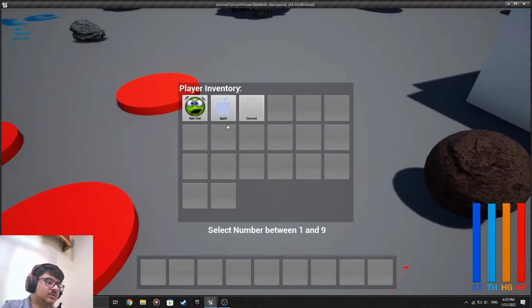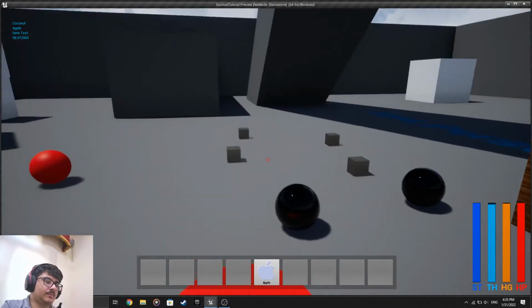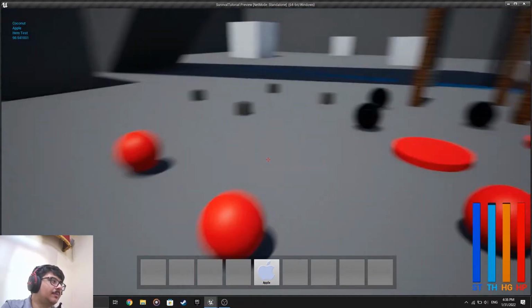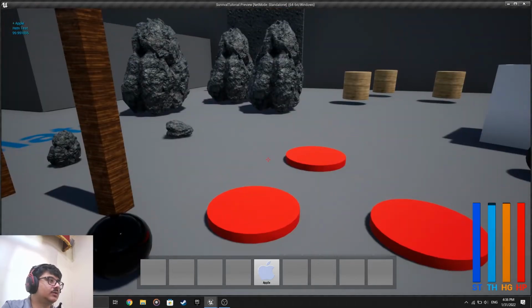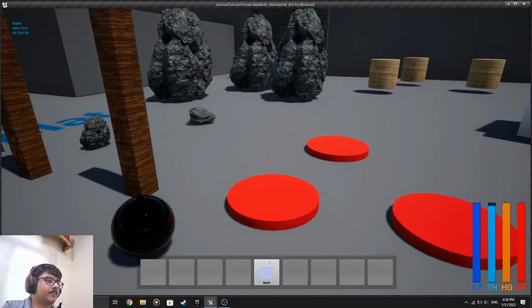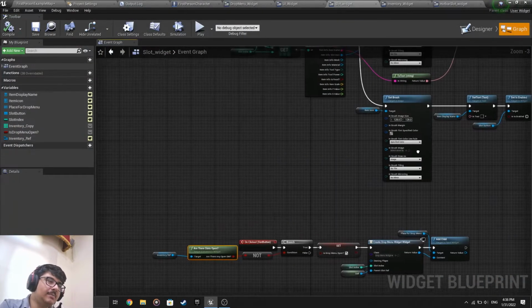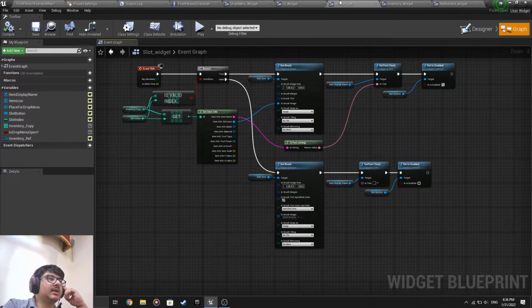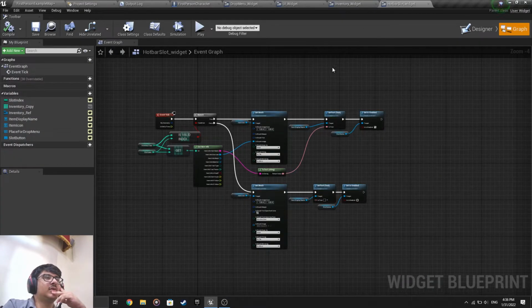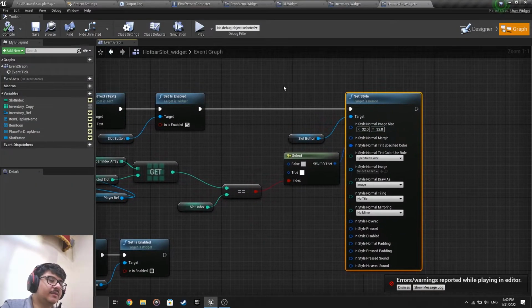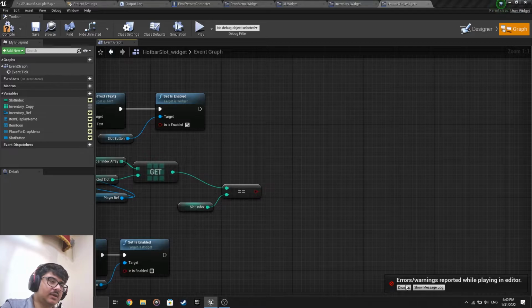Equip, and I'll set this to 5. It's 1, 2, 3, 4, 5, like that. And now if I see, I disabled this on purpose. I'm not sure which part I'm selecting, which part of the inventory. I'm just gonna spam because I forgot to make the highlighting for it. And let me make sure about something over here. And now let's close the slot widget and go to the hotbar slot. You know what? I have a better idea. Remove all of this stuff. Instead,